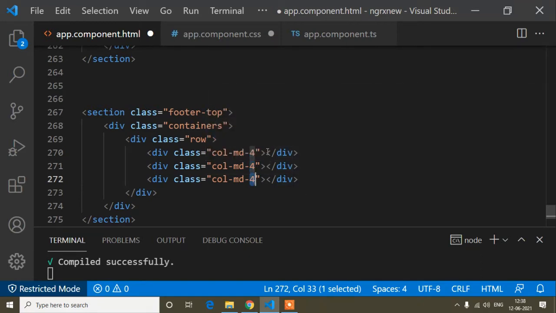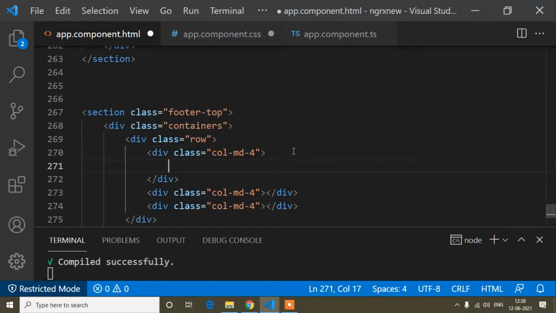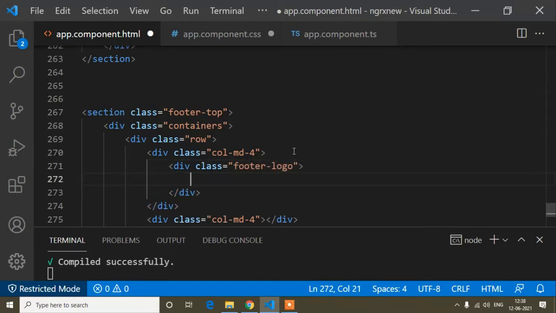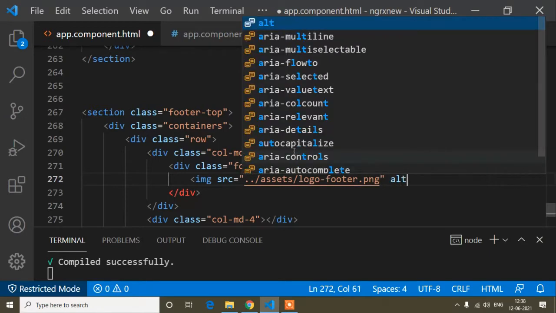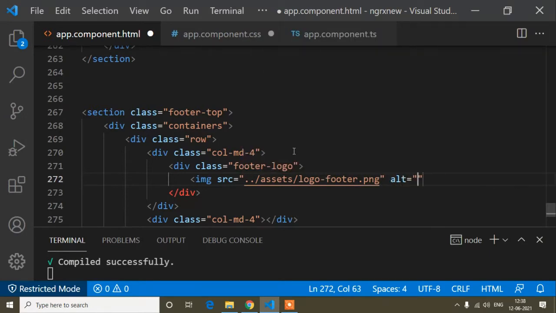Okay, and now inside this first column, I will write div class footer-logo, and here I will add the logo. So image src ./assets/logo-footer.png and the alt tag, and here I will write alt footer logo.